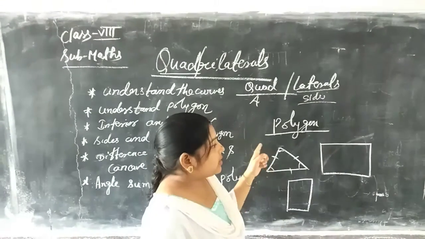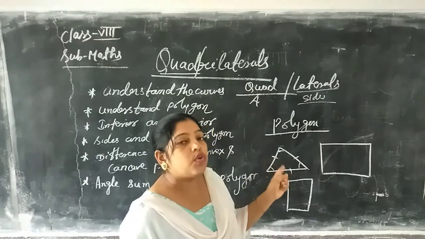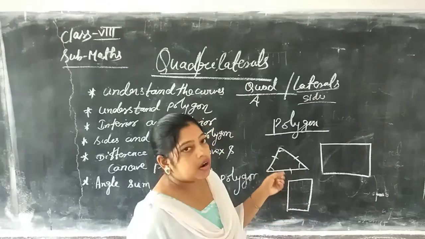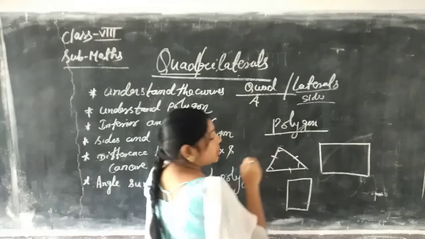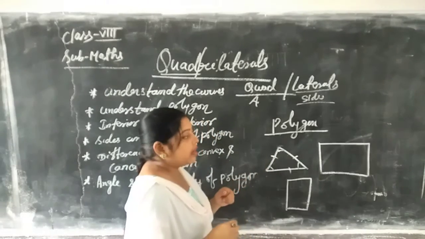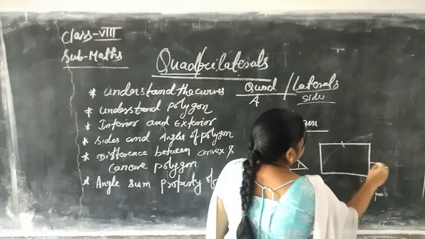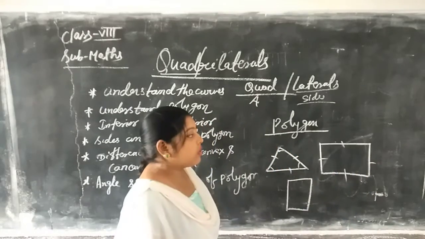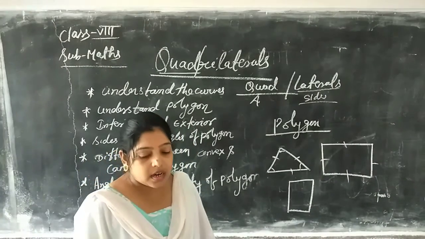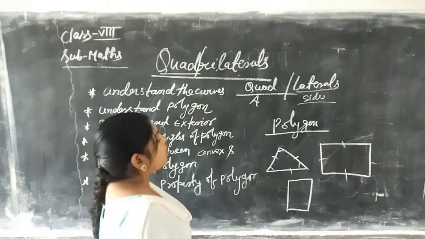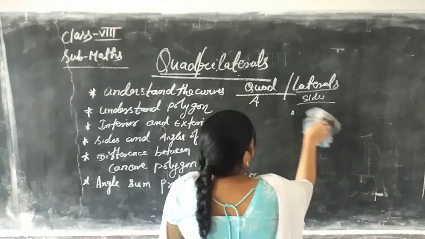So what is the definition of the polygon? A figure made up of 2 or more line segments is called a polygon. If the figure has 3 sides, it is called a triangle. But if the figure has 4 vertices and 4 sides, this figure is called a quadrilateral. Next, which types of figures are quadrilaterals? So kinds of quadrilateral. First we write the properties and classification of the quadrilateral.